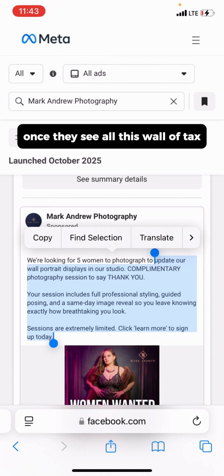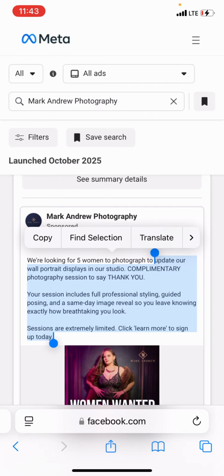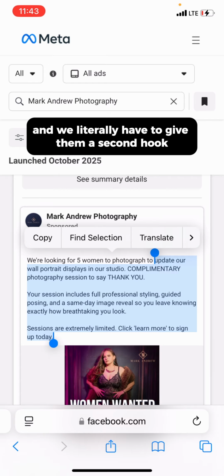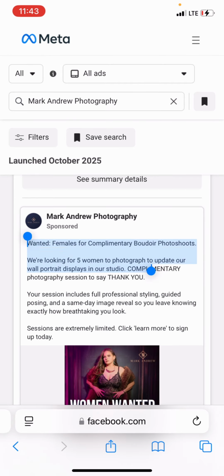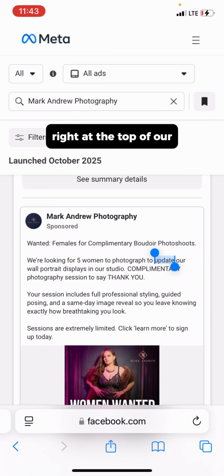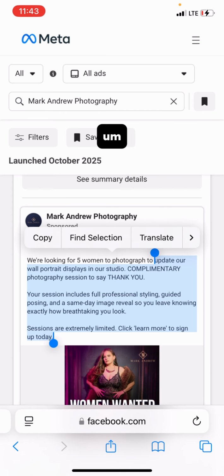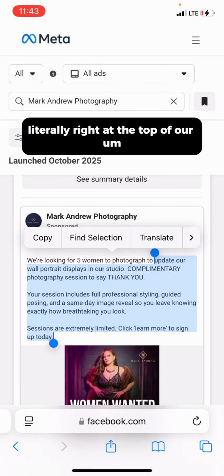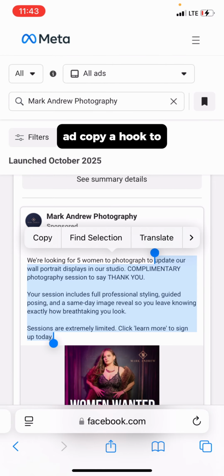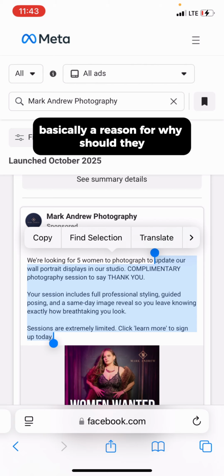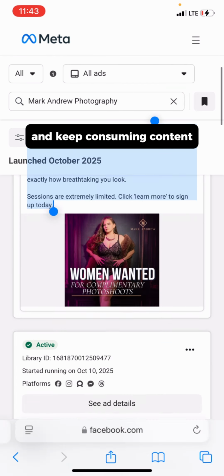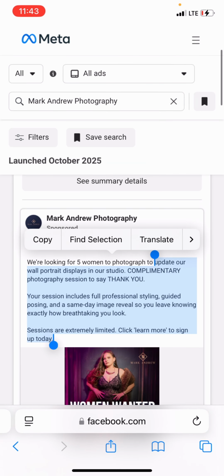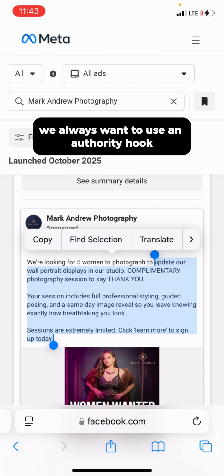So once they see all this wall of text, even though it's whatever, 5 or 6 sentences more, we literally have to give them a second hook. If we say this See More headline is hook 1, we literally need to give them a hook 2 right at the top of our ad copy, basically a reason why they should keep reading, even though TikTok brain is telling them to keep scrolling and keep consuming content. And for a hook 2, we always want to use an authority hook, basically a why-you-should-listen-to-me hook,